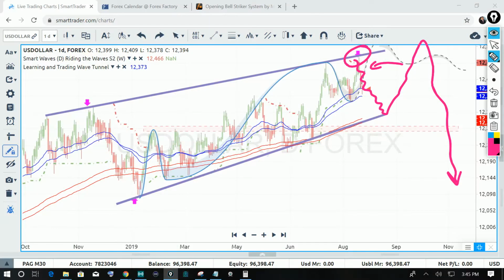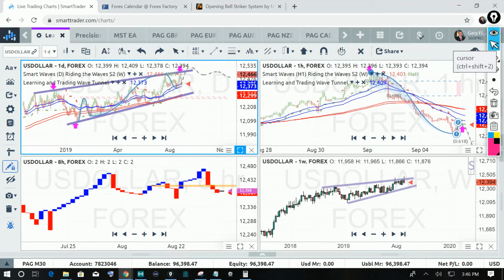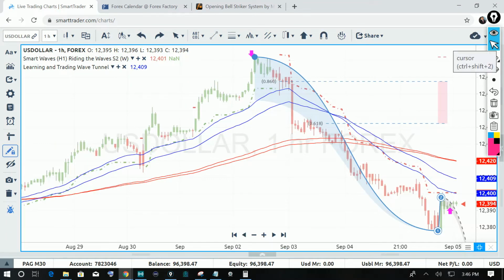But at the same time, even though we can predict these larger turning points in the market, we also have to understand that the smaller time frames are going to have waves within waves, right? And so let's take a look at the smaller time frame. As we look at the smaller time frame right here, do we see the same thing happen on the smaller time frame?